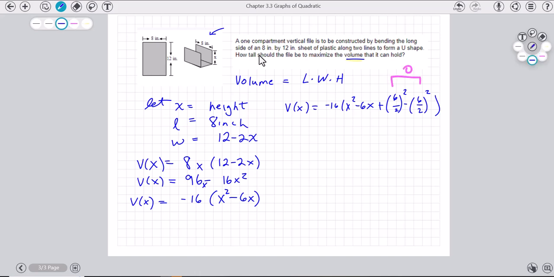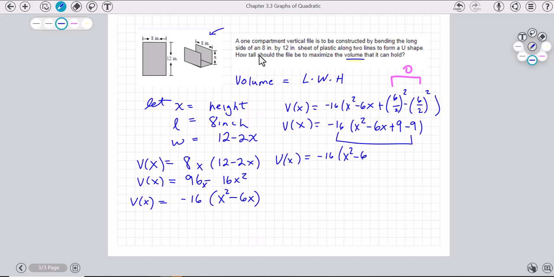Because those cancel out. And so now I have negative 16 times x squared minus 6x. This of course is going to be 3 squared, so plus 9 and then minus 9. Now you have to be careful because I'm going to pull this minus 9 out, but notice you have to distribute that. So I have V of x, in this case, is my negative 16 still out front,